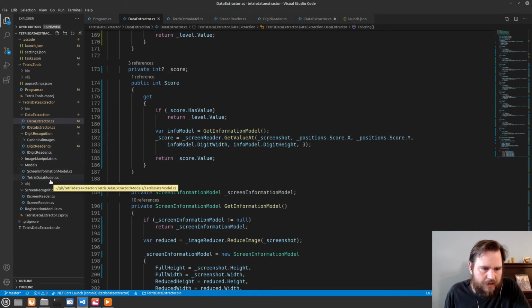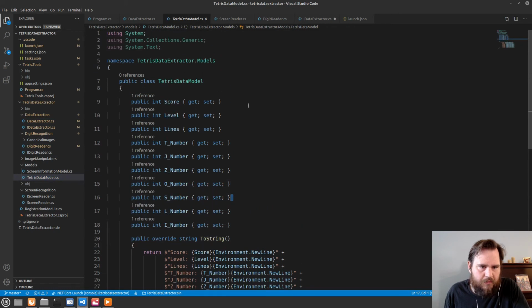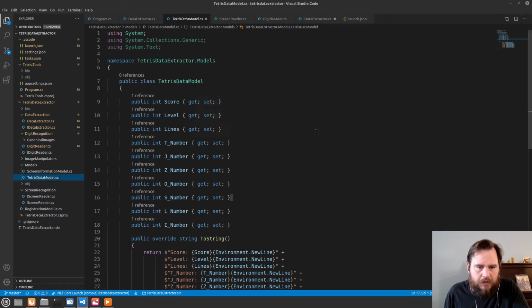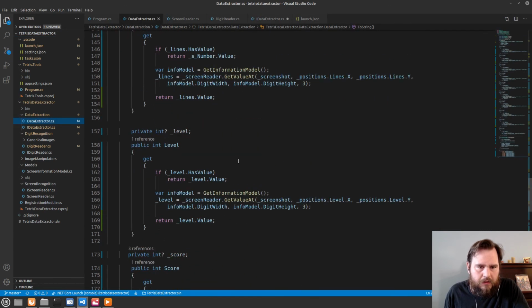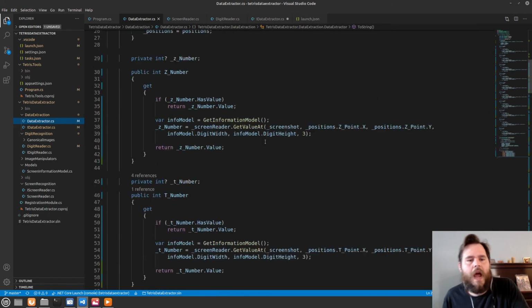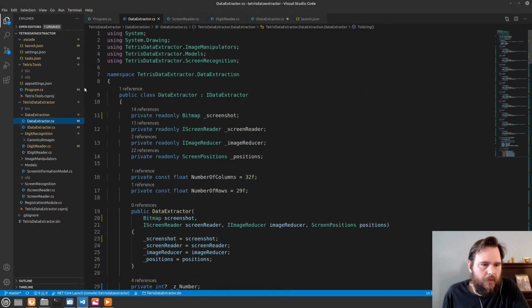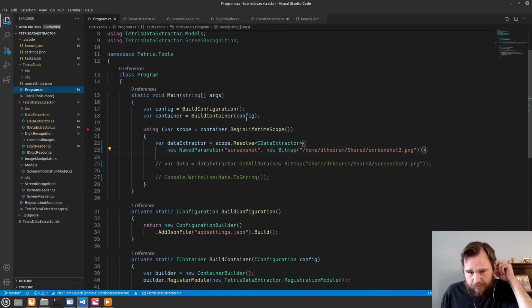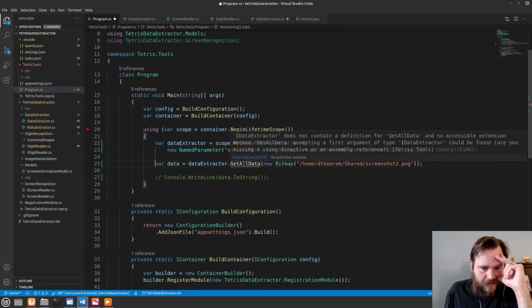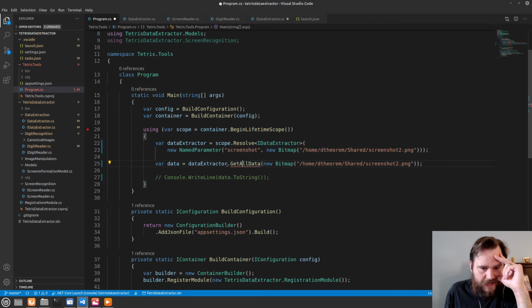And that will allow us to say, hey, this Tetris data model, yeah, it's not really a thing anymore. Bye. Completely not a thing. So now, in the program here, I can still see this won't be a thing. I can't get all data, but what I can do,